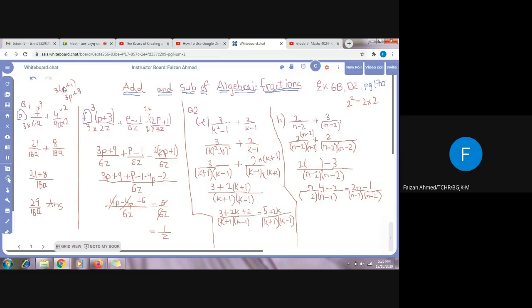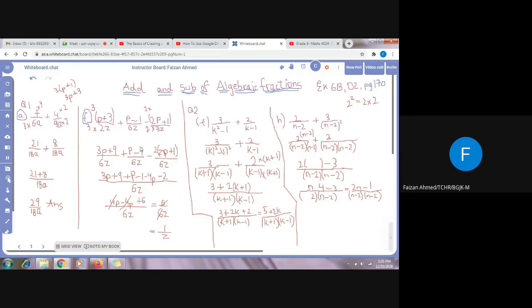In order to remove the brackets, you see if there is any number outside the bracket, you multiply that thing with every term that is inside the bracket. So this will be 3p, and 3p plus 1 will be 3. Similarly here it will also be 3 multiplied by p will be 3p, and then plus 3 times 3 will be 9. So this will be 3p plus 9 upon 6z, then a positive sign in between, then p minus